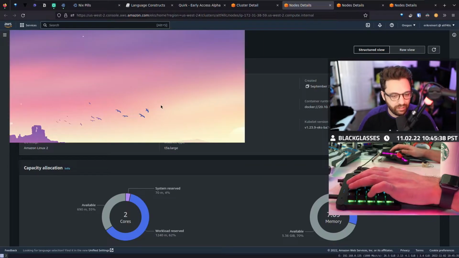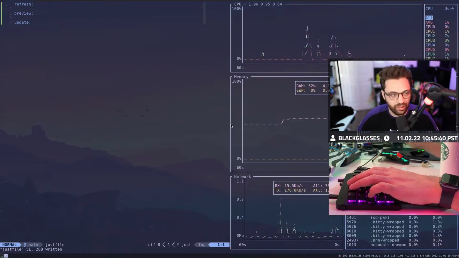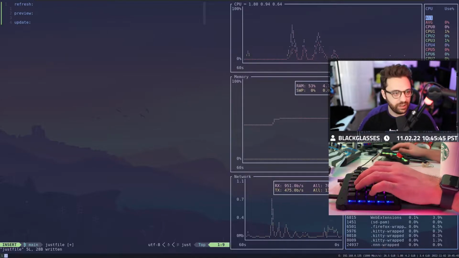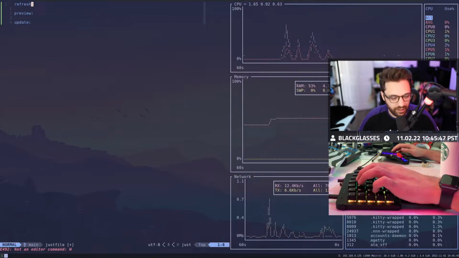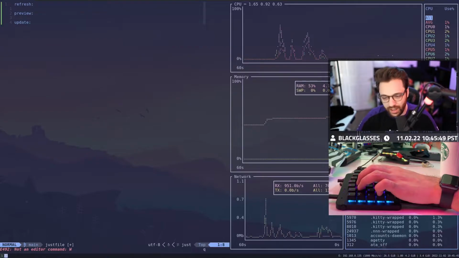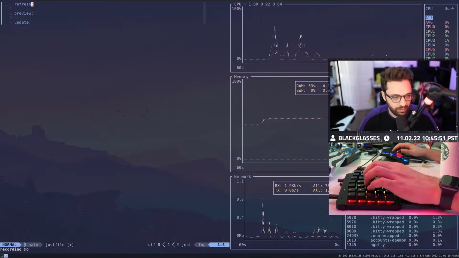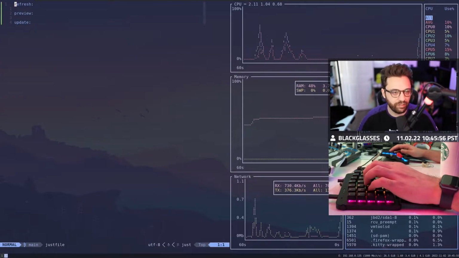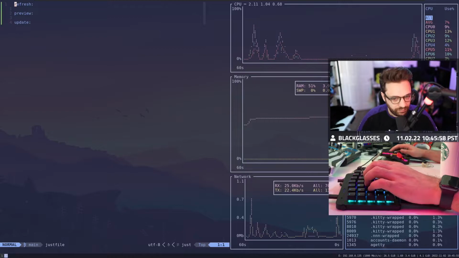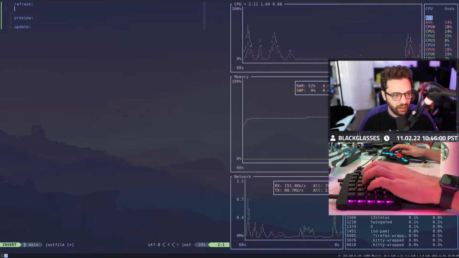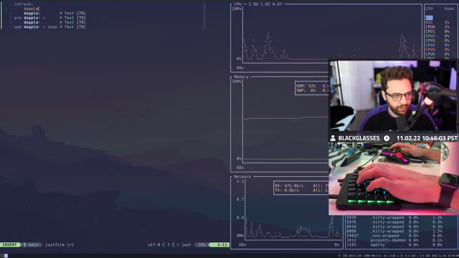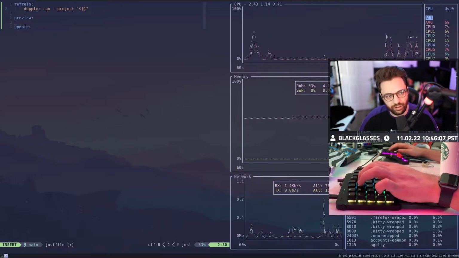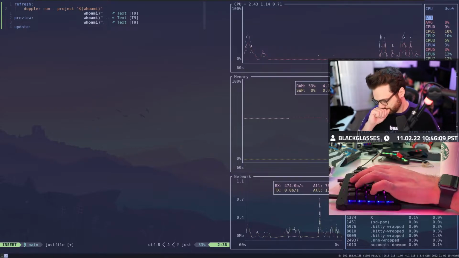But basically, it makes it so that you use this, and then you can create commands that you can easily reuse and just be like, just run, and then it'll run that command you want it to run by predefining it in this file. It's kind of like a make file, essentially, if you've ever heard of a make file. Very similar. Okay, so let's say Doppler run project. For right now, we're just going to do who am I, right?